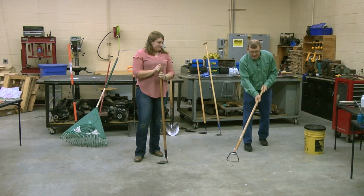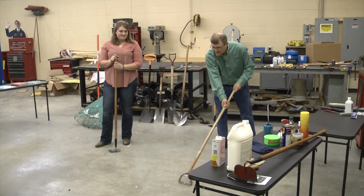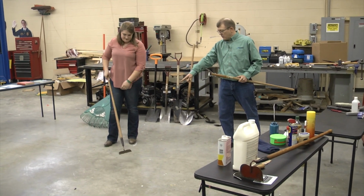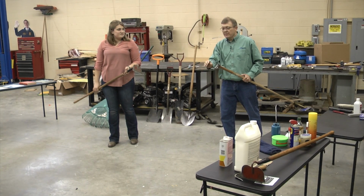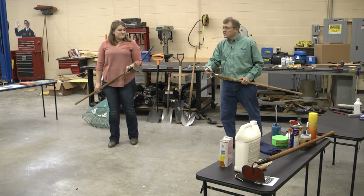This particular hoe, maybe I'm bending over, but I'm just going like this. I'm scraping along the surface, back and forth. And that's another key point. See, that one's going to dig deeper. So when I'm planting my garden, I want to be able to use that to set my rows and so on and so forth. But all I'm doing is getting the little weeds out of my garden. This is all I need. And